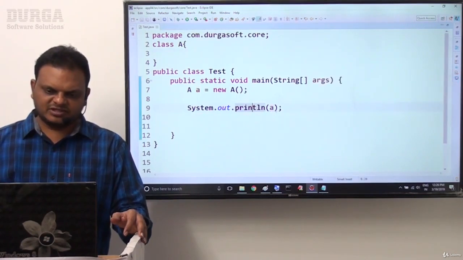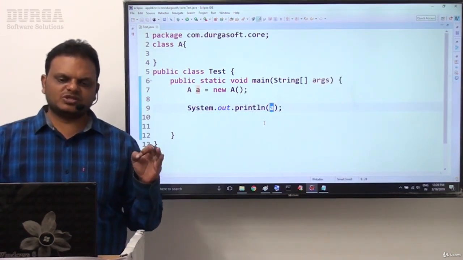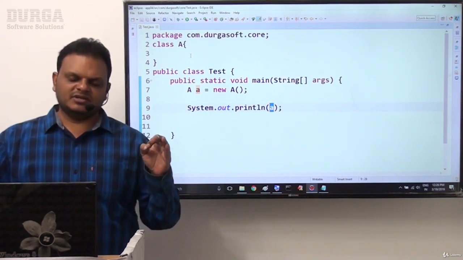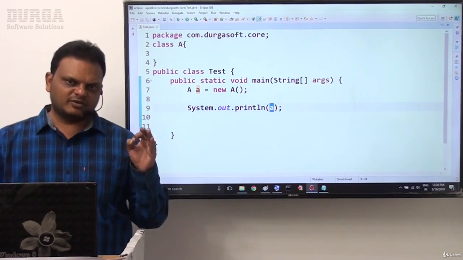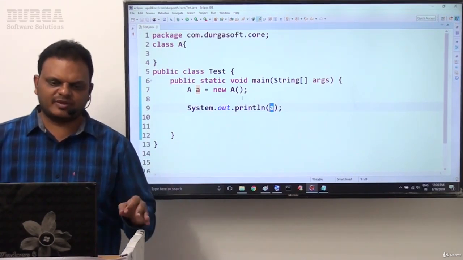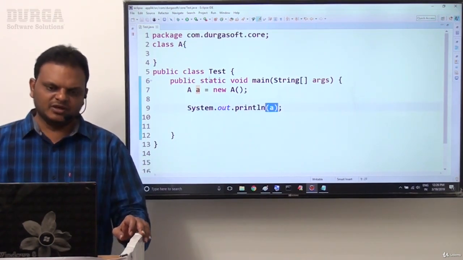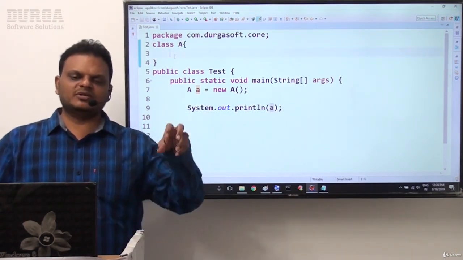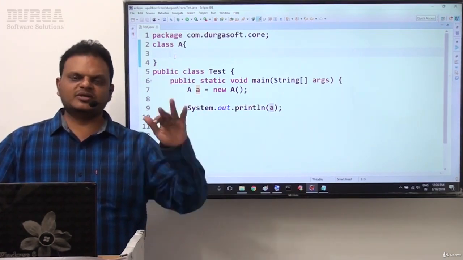Whenever the JVM is calling the toString method, first of all the JVM will access the toString method over the provided reference variable. It will search in the respective class A referred by the reference variable A. If the toString method is not available there, the JVM will search in the superclass.